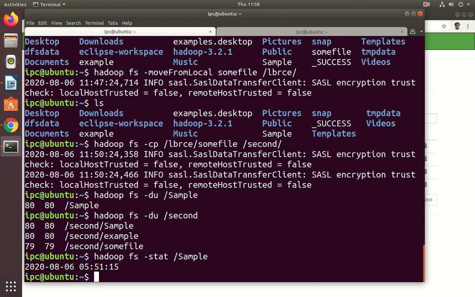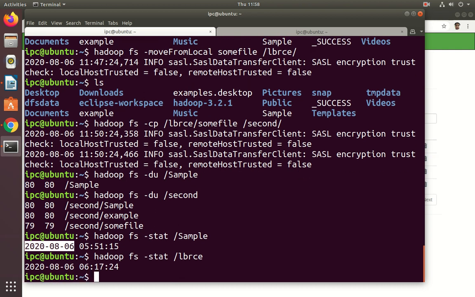See, this was last accessed on August 6th, at 5:15 p.m. And next, even for directories we can get it. See, the directory also shows the access information. Okay. See, this is the status.